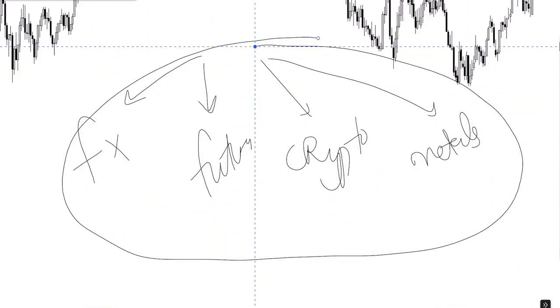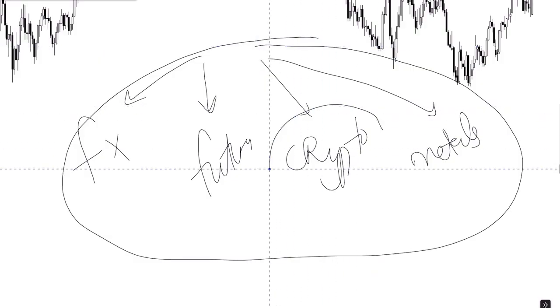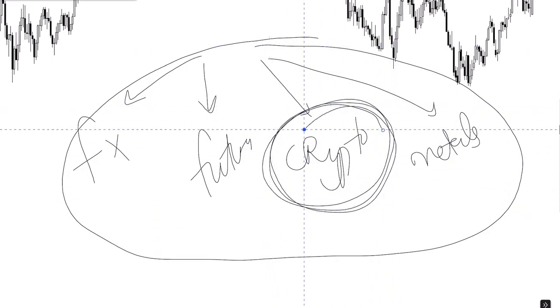Now, your job is to pick one. You need to pick one and master that one market. Right? You have to know that market inside out. So, for example, if you choose Bitcoin, then you have to know Bitcoin inside out on all time frames, all the way from the 12 month all the way down to the 1 minute time frame, right? So step 1 is choose a market, decide, make a decision that I am a crypto trader, for example.